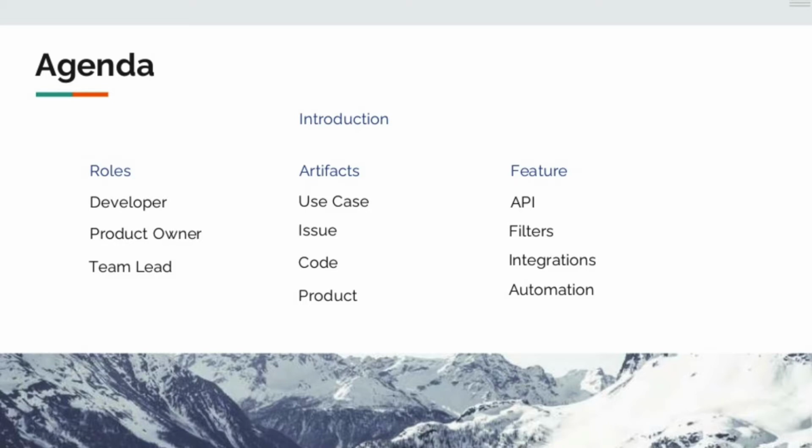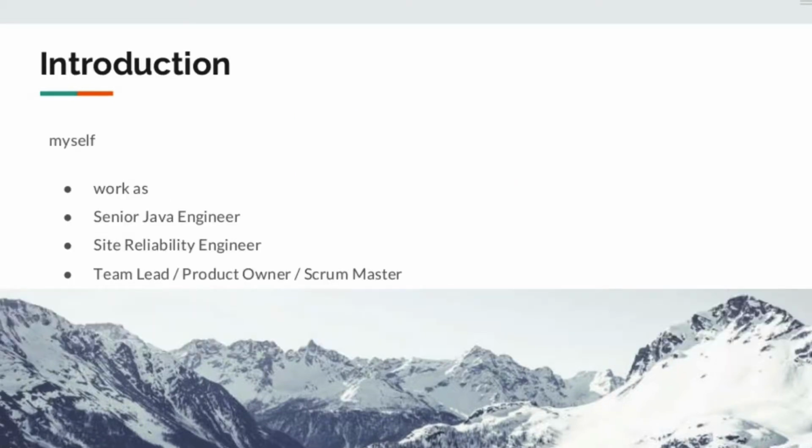So stay tuned. My name is Frank Ittermann and I have worked in different fields and professions during my career. I started as a Java engineer, becoming a senior, and then I switched to site reliability engineering and also became a senior there. Then in my current position, I'm in a mixed role of team lead, product owner, and kind of